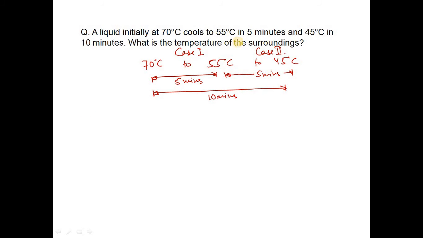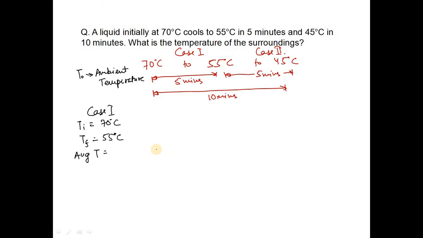The ambient temperature we have to find out, the temperature of the surrounding. Let T0 be the ambient temperature. Okay, so case 1: T initial 70 degrees C, T final 55 degrees C. Average temperature of the body,